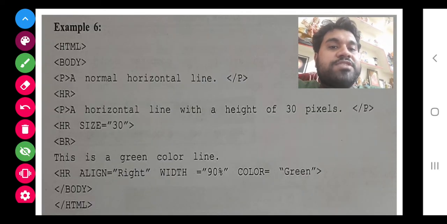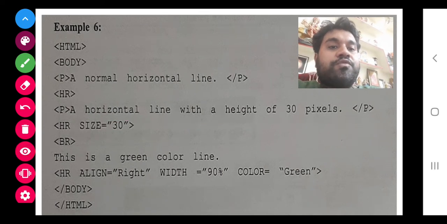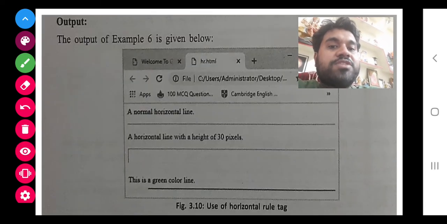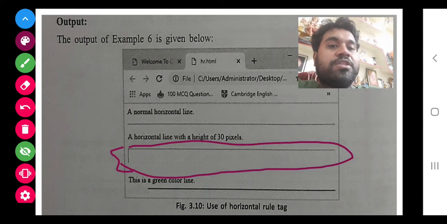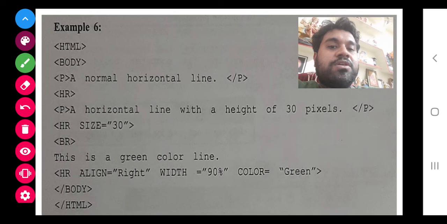But after the second line, they have given size equals 30. So that's why so much width is coming, you can see the width is coming more. In this you can see a single line is coming, in this you can see width is coming. So how is it possible? It is possible just because of giving size as 30.